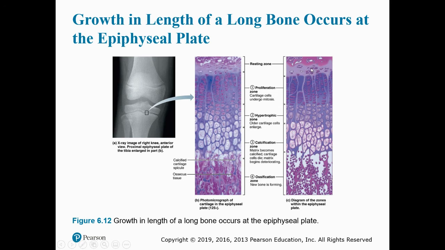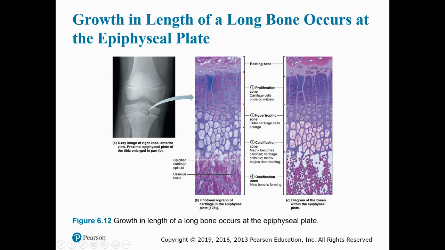Now, where we do have a lot of cellular division is in what we call this proliferation zone. So in this proliferation zone, we're actually pushing up the epiphysis away from the diaphysis. So if you take a look at this bone, you'll see that epiphyseal plate, right? This is kind of a section of that. So that resting zone, the area at the very top of that, wouldn't be doing much, but right under it, that proliferation zone is where those cells are rapidly dividing, right? Rapidly dividing. Now, as they rapidly divide, eventually what happens is some of those older cells, those older chondrocytes, begin